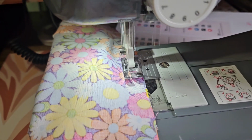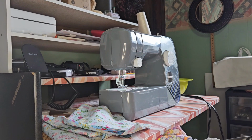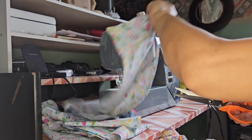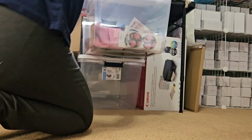Today is a super exciting day because we're getting ready for our first market vendor event. We've been working hard behind the scenes and I thought it would be fun to bring you along as we prepare everything. Me and my husband started making sure all of the products were ready before the event,